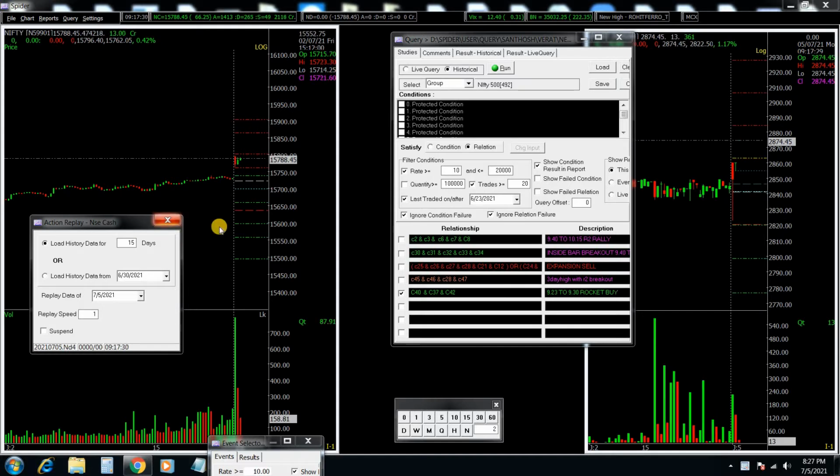Before going ahead, let us have a small view of the settings I have done. I have gone to the action replay. It's 9:17 now. I suspended the action replay of the cash. The date here is 5th July. I have taken two charts, plain one, and it is a technical query which is protected. It contains conditions and generates the buy calls. This formula is built with so many conditions that we can be assured of immediate profit after the entry.